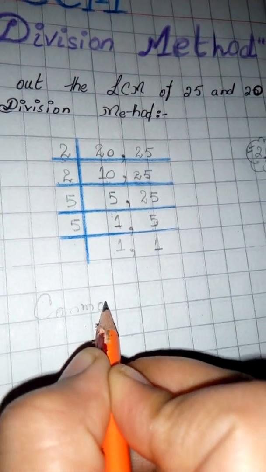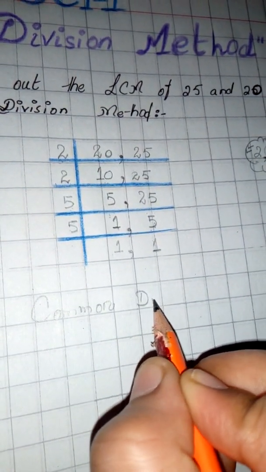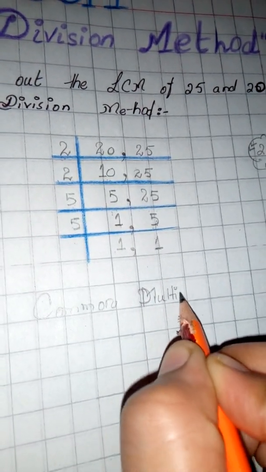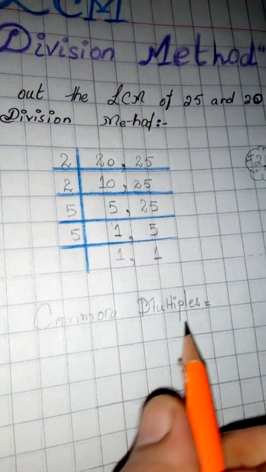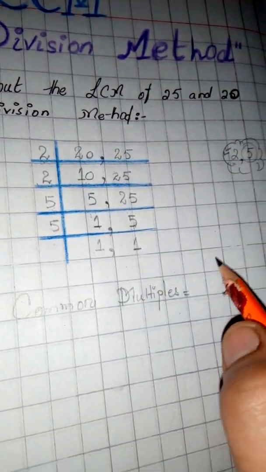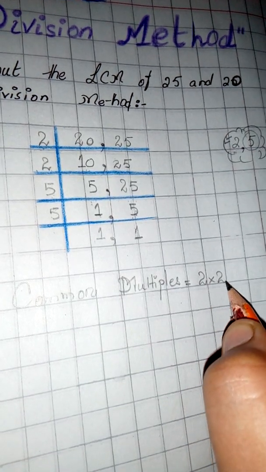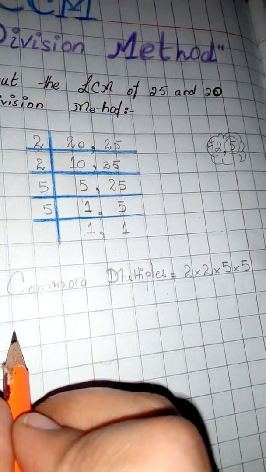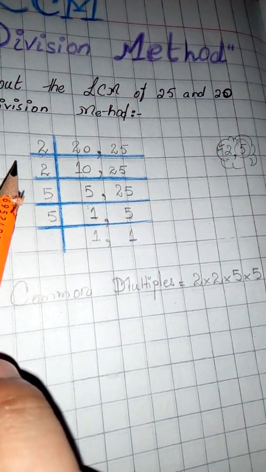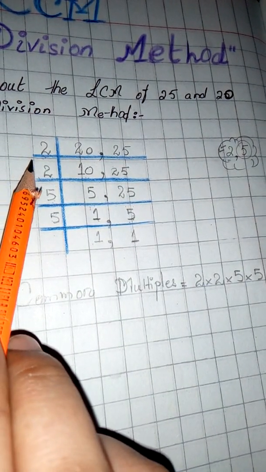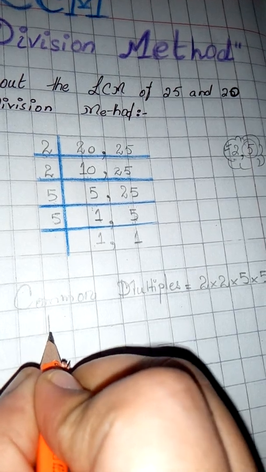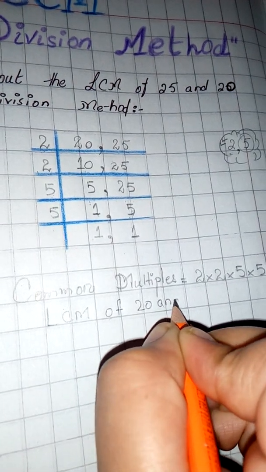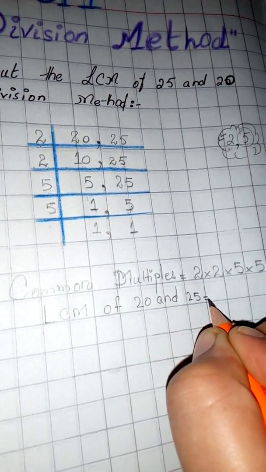Now my next step, after bringing down to ones, I'm going to write down common multiples. And what are my common multiples? These are my common multiples. So I'm going to multiply all of them for finding the LCM, because according to the last step, LCM is a product of all the prime divisors, and these are your prime divisors. In the last step, I'm going to write down LCM of 20 and 25 is equal to